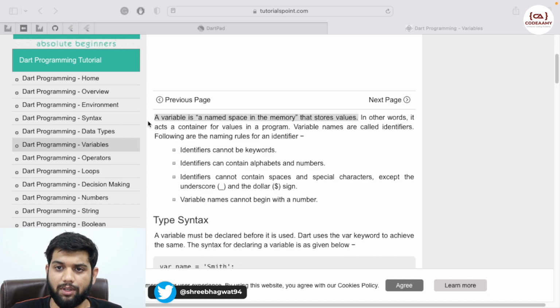In simple terms, when there is a value that you want to use again and again inside your application, you can store that value in a memory and give a name to that memory, and whenever you call that name, our programming language will extract that value from the memory and use it. That is what a variable is.